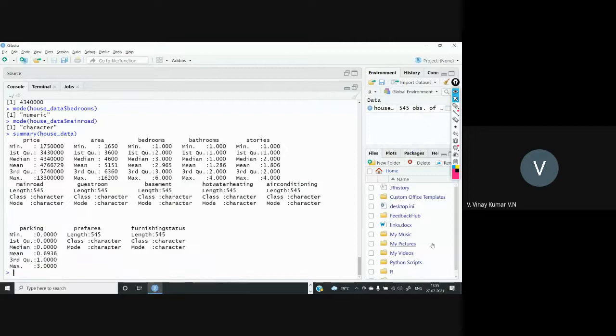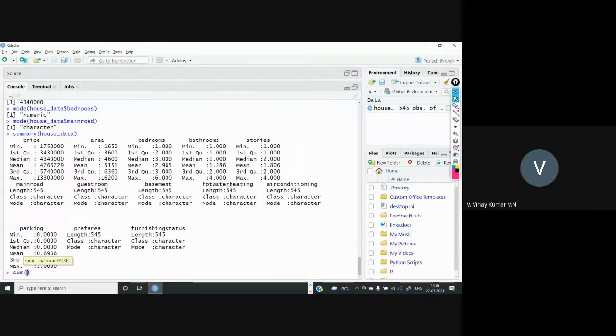Okay. So to get that, first we have to plot the... Before that, we have to check whether there are any null values. If any null values are there, that will disturb the data. So I just want to check whether any data is missing or not. To check that, we have one function called sum. Sum means add all the null values. I just want to see how many null values are there. All those counts I want.